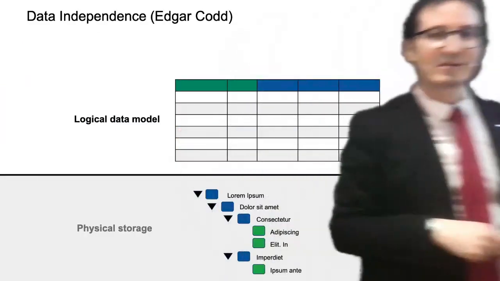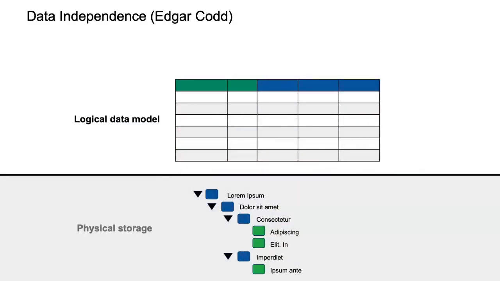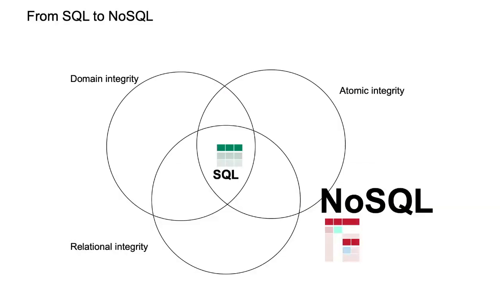Well, first, this is data independence, right? It's very important. It's the idea that we decouple the physical layer from the logical layer, and that in the case of relational databases, we look at tables, we manipulate tables. Everything that you see at the bottom, the physical storage, is completely hidden from the user. Could be a data center, could be a quantum computer, could be DNA, could be little elves in Antarctica, it doesn't matter, as long as you get the relational model on top.